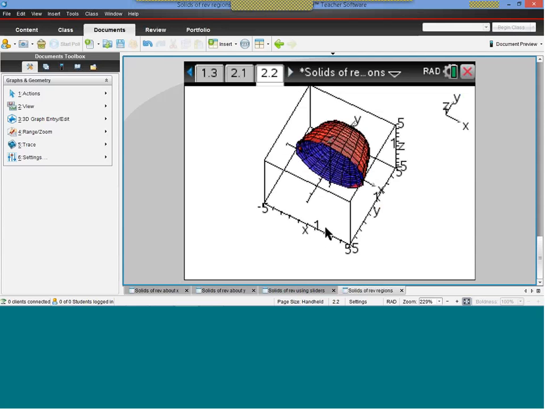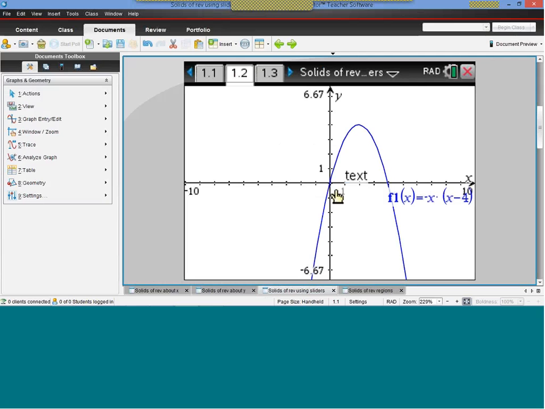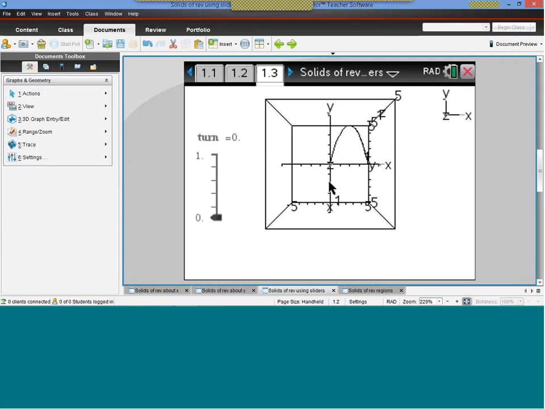Okay, what I wanted to quickly do in the last 5 or 6 minutes of this broadcast is to look at using sliders to control the rotation. And why would you want to introduce some sliders to control the rotation? Purely from a teaching point of view. So you want to illustrate to students what's going on with this. We've defined our function here as before, and we've put it into parametric form, and I've created a slider which